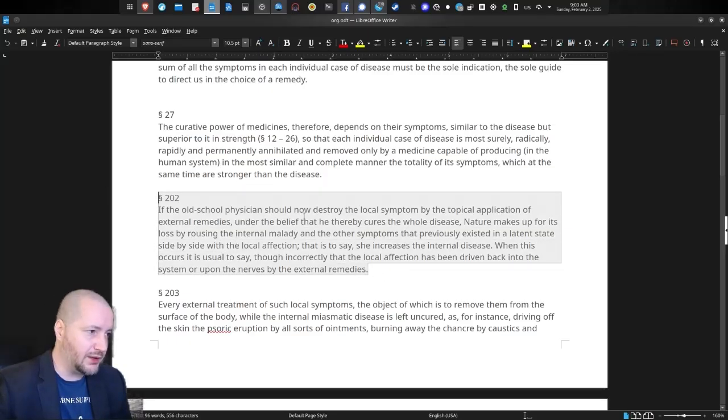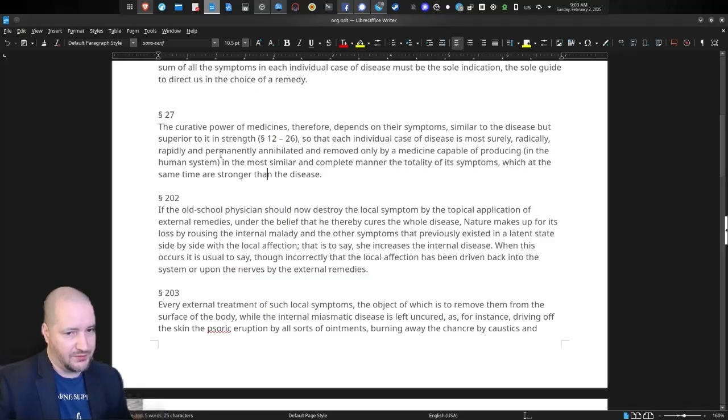And of course, the way not to do this is to give remedies based on the totality of the symptoms, just like we said in 27. In this case, there's no suppression, and the action of the remedy is towards the periphery. If you stimulate the organism holistically, it gets rid of the more serious problem inside and pushes it to the periphery. So your depression might get better, but you might develop skin problems like warts or something.